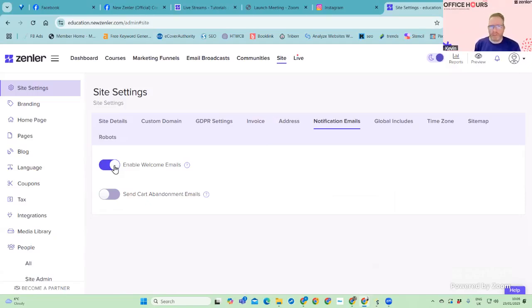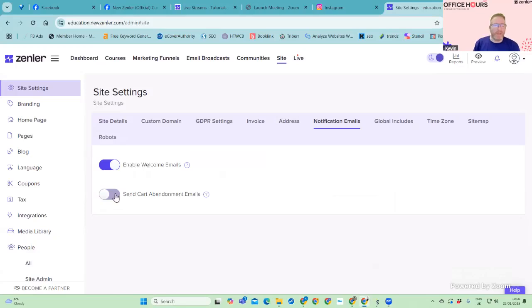Now, a lot of people like to turn this off because they want to control the emails that are sent, and we do that through the automations that are done within the funnel or within the course or whatever area we're doing that in. So they tend to like to turn this off. They don't tend to have general registrations open either, just for no reason, because that doesn't work. Now, obviously, this will slightly change when we've got communities where that's active and people are coming into a community. You may well have just a public community where you allow everybody and anybody in. So that might be when you want to start thinking about putting that back on again.